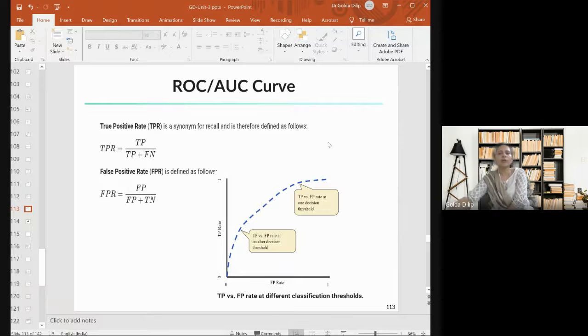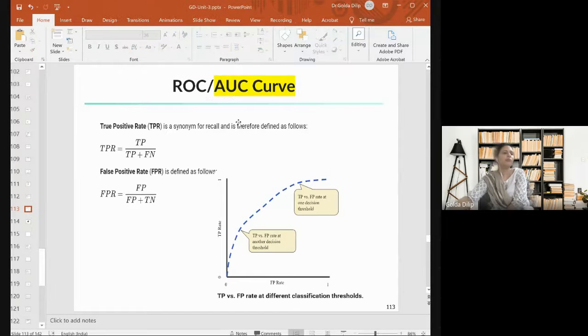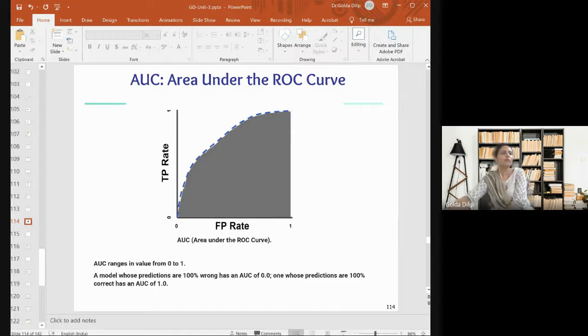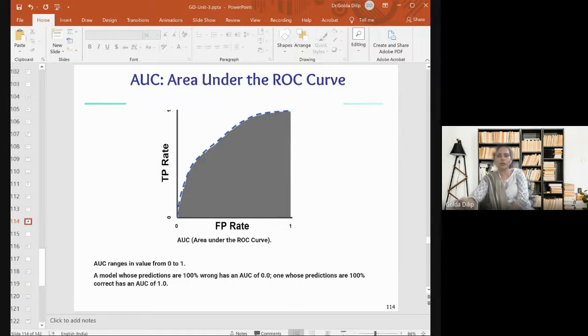But then we have a technique called AUC, that is area under the curve. It's a sorting based algorithm that provides the information regarding the area under the curve. AUC stands for area under the ROC curve. You can think of it as the two-dimensional area beneath the entire ROC curve, with the x-axis and y-axis, from 0, 0 to 1, 1. You can imagine it in that context.